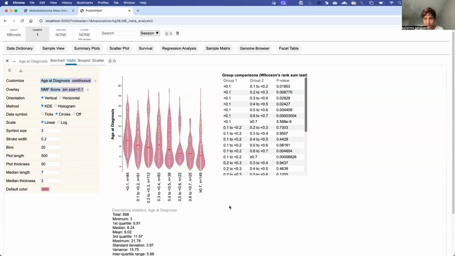Now what is this NMF score? This NMF score is nothing but a non-negative matrix factorization score. It is a continuum score that can be calculated for these medulloblastoma tumors to help determine the risk of progression and death with this disease. Now, the scale itself reaches from 0 to 1, where 0 represents a lower risk and 1 represents a higher risk. So, to view that on the scale, the 0 to 1 for this, I'm going to go ahead and